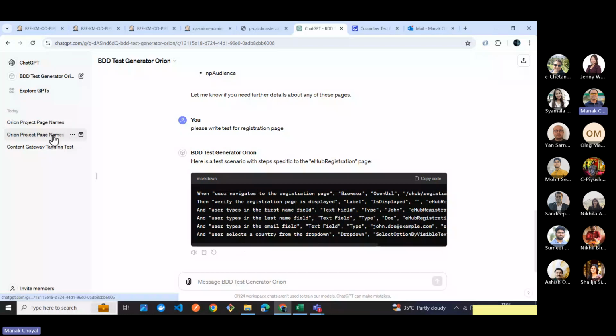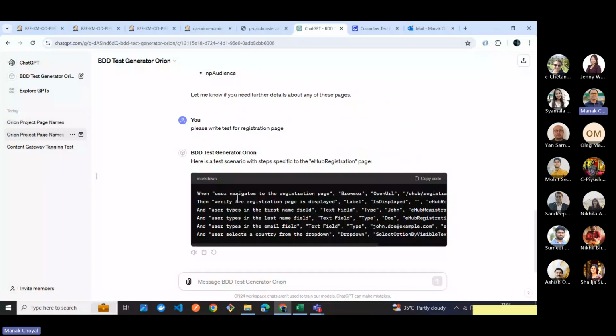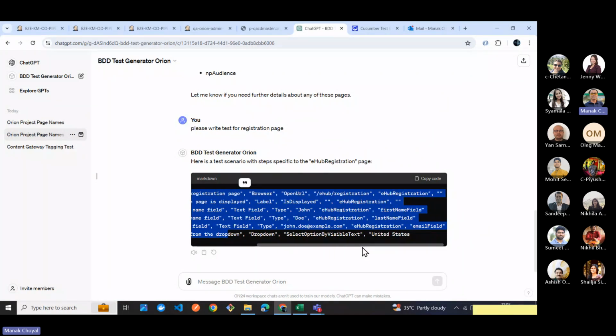So it's still not generated in the format which I'm expecting. Initially it generated in this way, so I need to train it so that it can generate in the right format. For example,